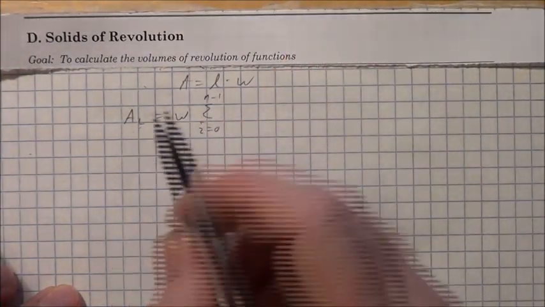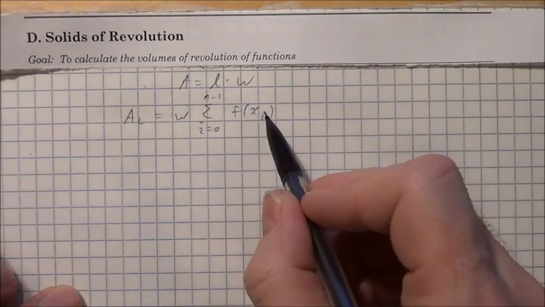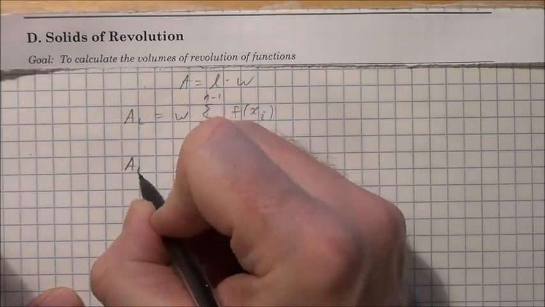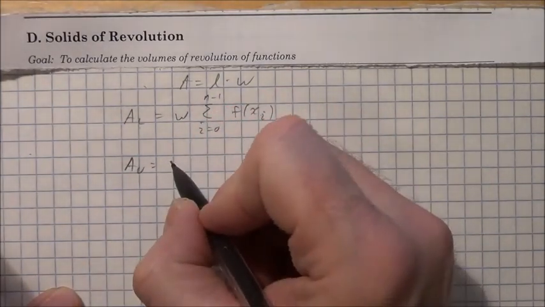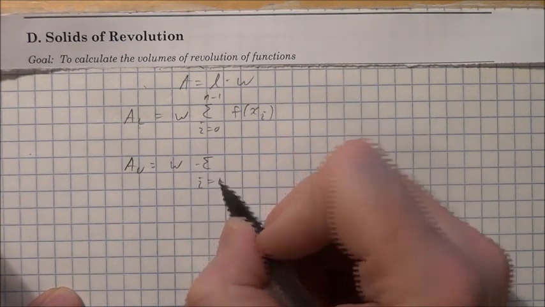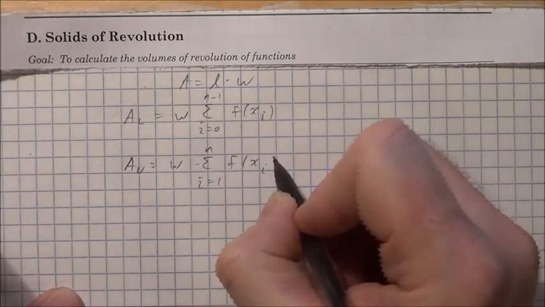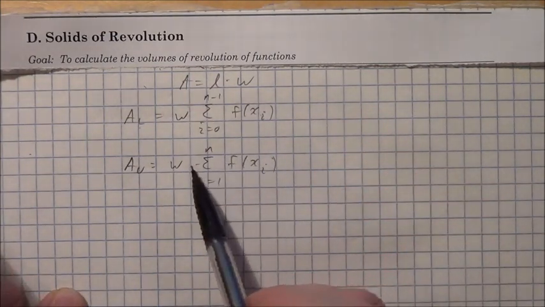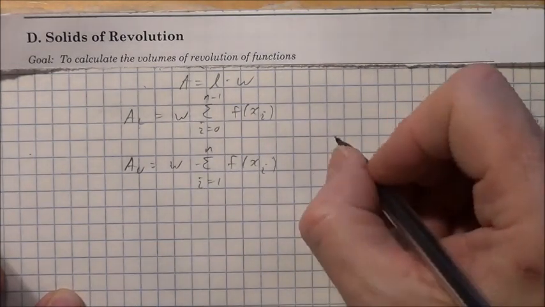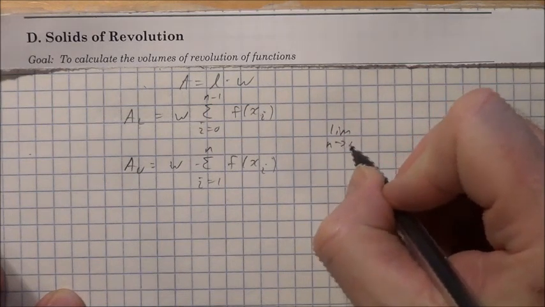This is for the lower rectangles of the function evaluated at x sub i. And then for the upper rectangles, we looked at the width multiplied by the sum from i equals 1 up to n of the same function at x sub i. So this is length times width and the sum of all those rectangles, and we realized that the limit as n approached infinity,